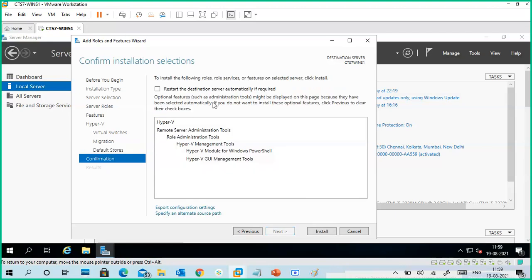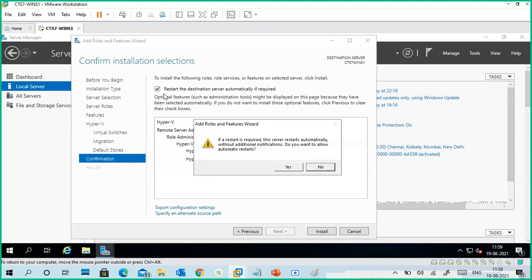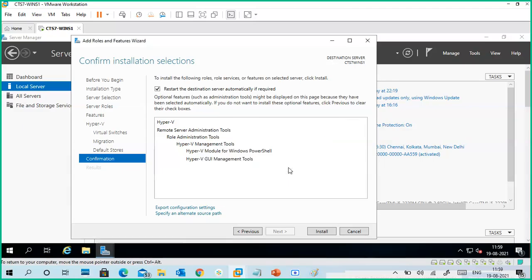Next, this role requires a restart, compulsory. Select this one and click yes. Click yes and install now. Okay, click yes, click install.